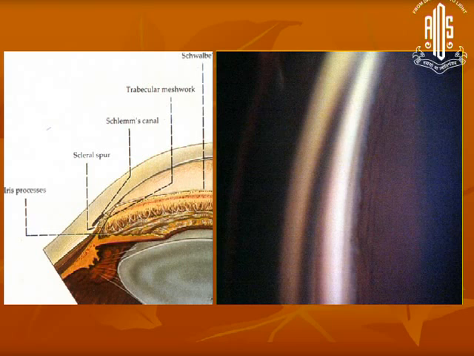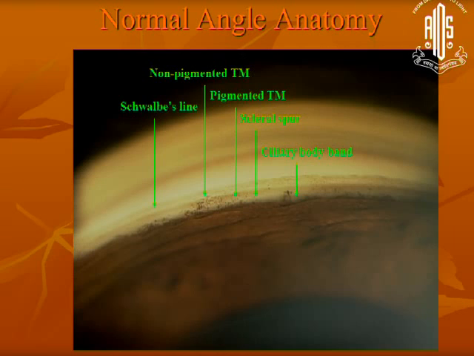This is not the ideal beam, but just for photography purpose, I have made it very wide so that you can see the same thing which I pointed out over here. This is the cornea, and then you have to go backwards from here. So you will then see the Schwalbe line, and then you will see the non-pigmented, then the pigmented trabecular meshwork, scleral spur, and this is the ciliary body and the iris root. That is another photograph of the same thing, all pointed out for you. So you should familiarize yourself with this picture.